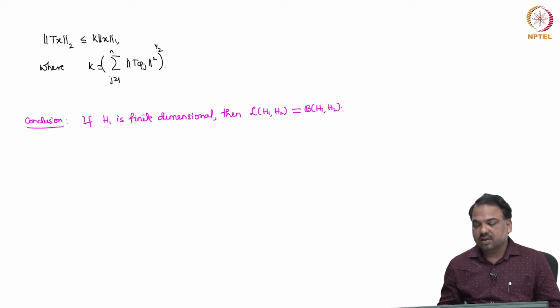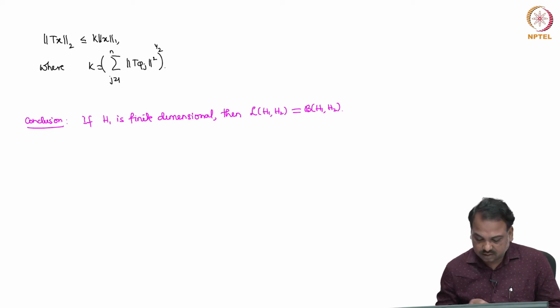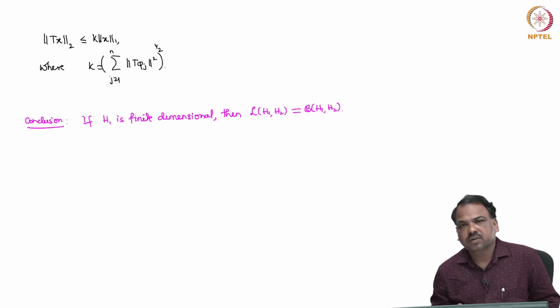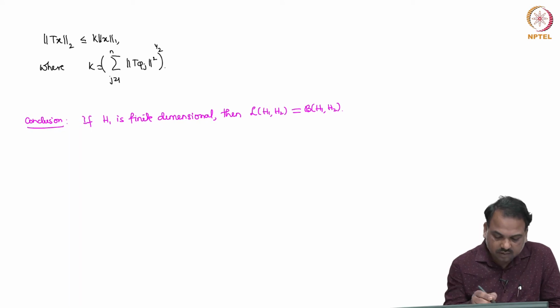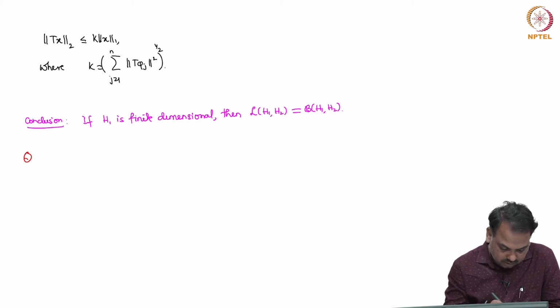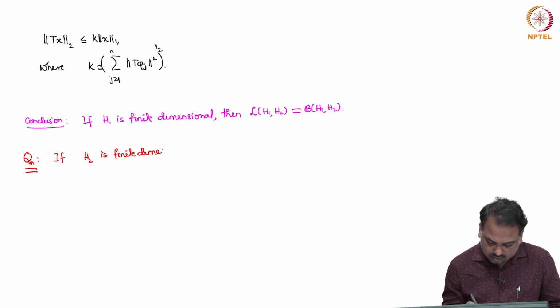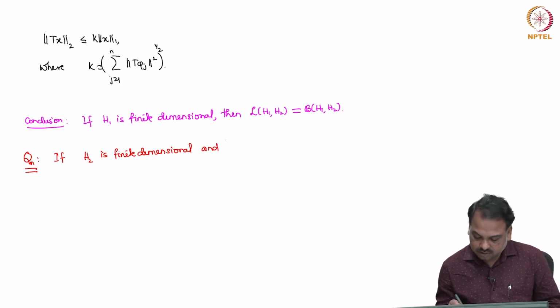Not only that, we can also show that B of H1, H2 is a vector space, irrespective of whether the spaces H1 and H2 are finite dimensional or not. So this gives one important example of a linear map which is automatically bounded. Now we can ask the following question. If H2 is finite dimensional